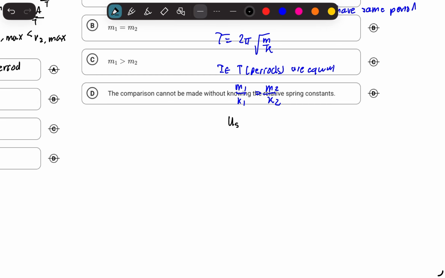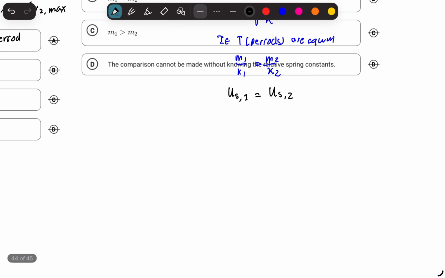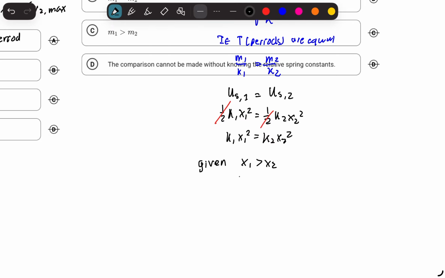So that means you can say Us1 is equal to Us2. So you have 1/2 k1 x1 squared is equal to 1/2 k2 x2 squared. Now just cancel out that 1/2 to simplify things, and you have k1 x1 squared equals k2 x2 squared. And given that your x1 is going to be greater than your x2,